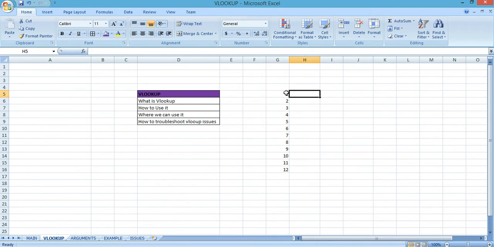So I have a table which contains serial number and month. So months are Jan, Feb, and so on.